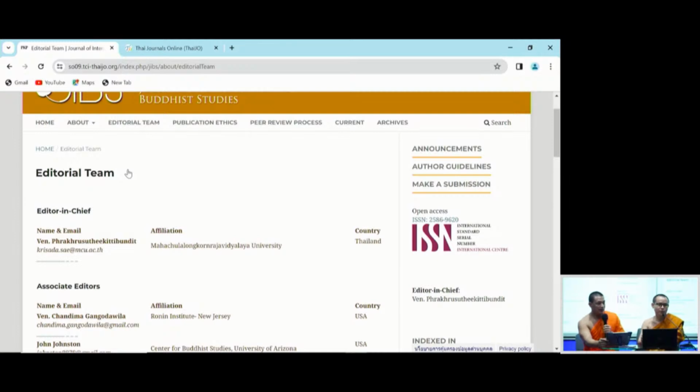Phase 2. And I think there are altogether 5 phases, and the first has been selected and submitted to the Scopus. And this is the only Buddhist journal from Thailand that has been selected for the Scopus. And it's a very great honor not only for MCU, but also for Thailand and MCU students to get published in this journal. So that's why, as Venerable Kriang Sak just mentioned about the aim and scope of this journal,